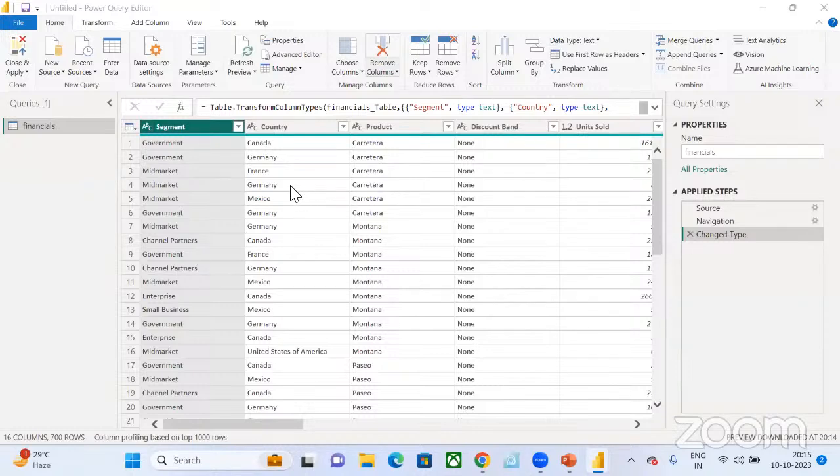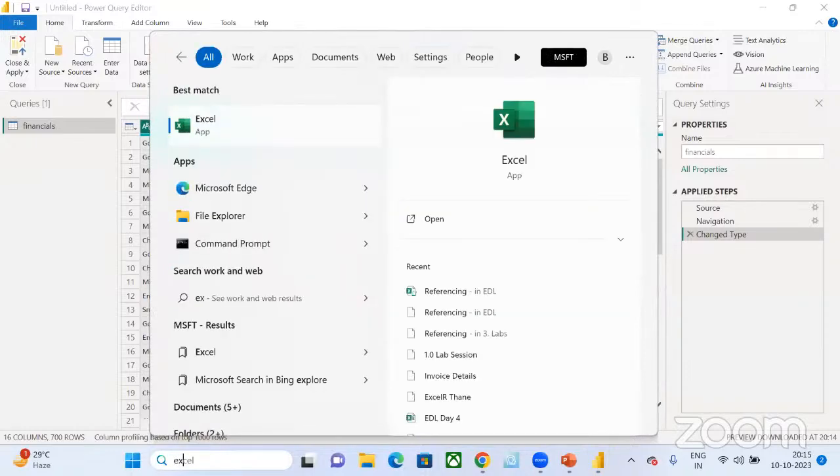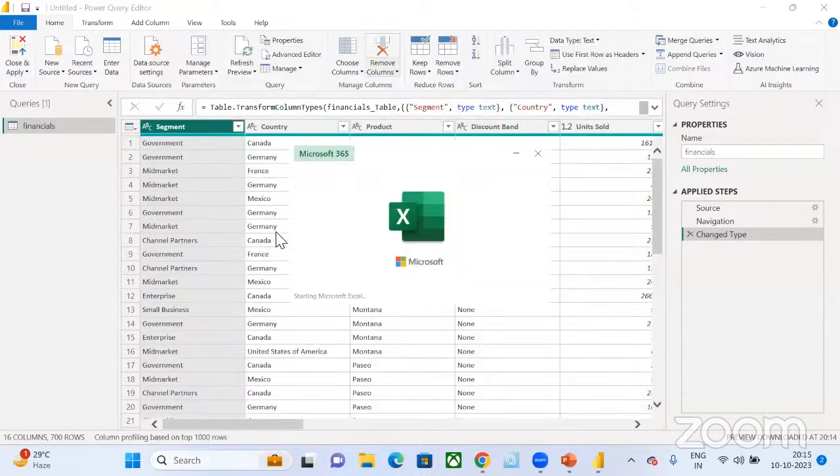And what is Power Query? As I told you initially, Power Query is an ETL tool. ETL means extract, transformation, and load. What is the full form of ETL? It's extraction of data,